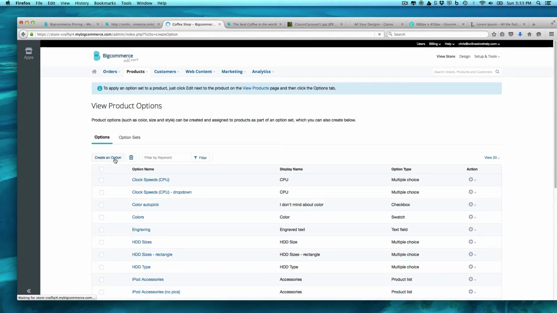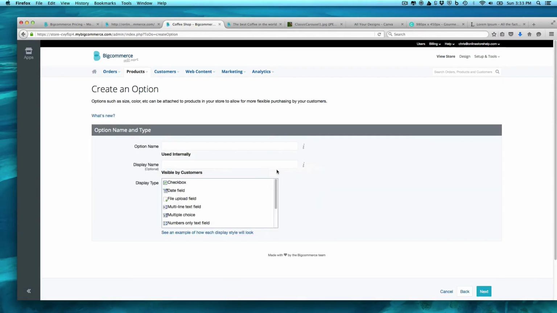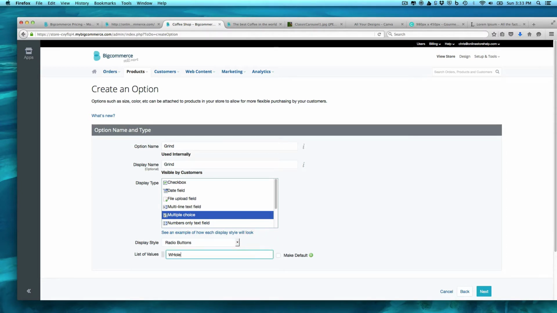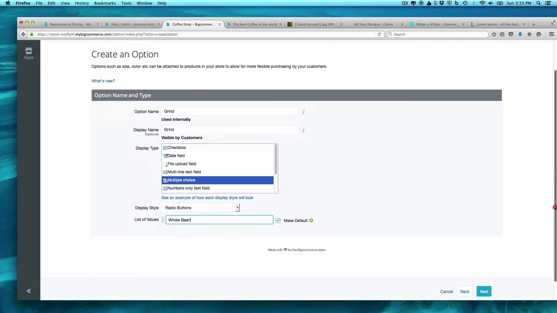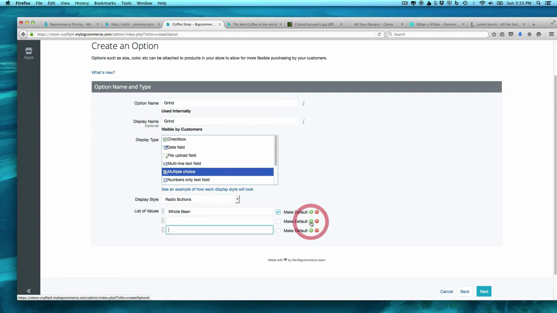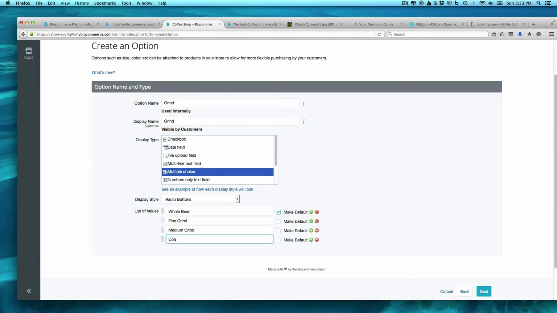So the first thing we're going to start with is I'm going to create my own, right? An option name is going to be grind, and this is going to be multiple choice, and they're going to be radio buttons, right? So whole bean, and I'm going to make this the default. You don't have to, but in this case here, I want it to be, hit the little plus button, plus button, plus button, and we get fine grind, medium grind, and coarse grind. Right, now that we have those, we hit next,